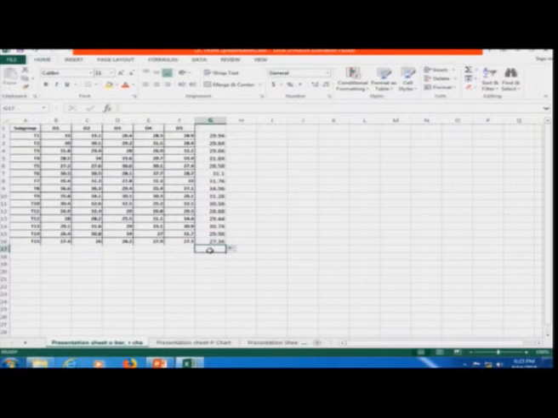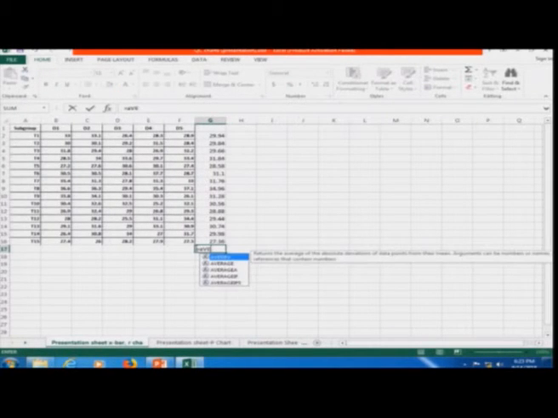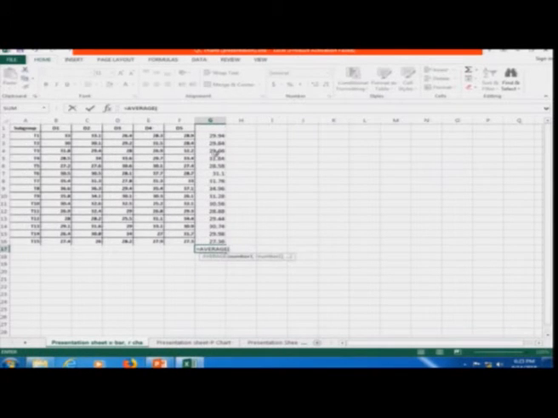Let me calculate X double bar, which is equal to the average of all these values. So, this is equal to average of all these values, enter. So, the overall average, which is equal to X double bar, is equal to